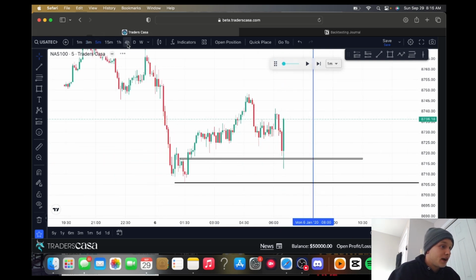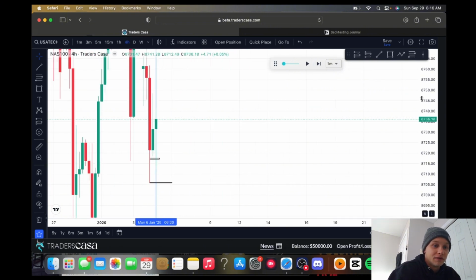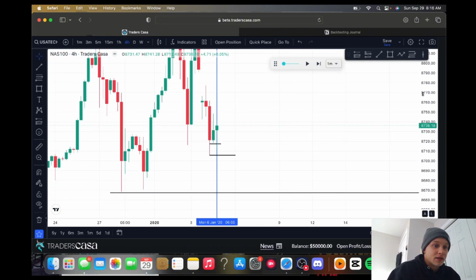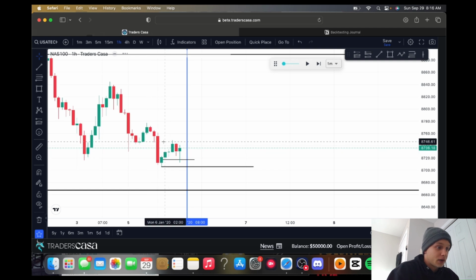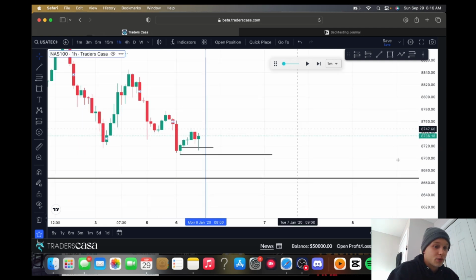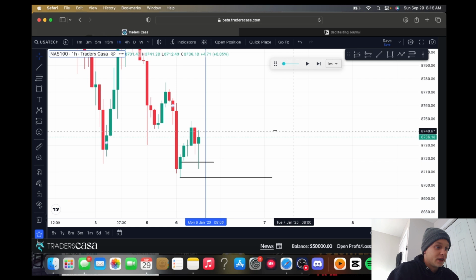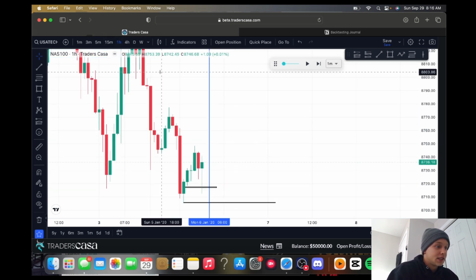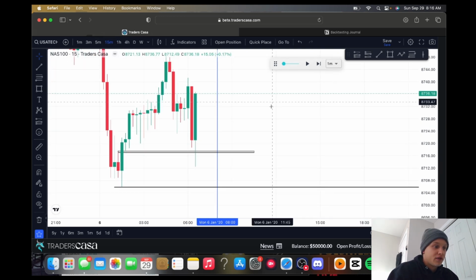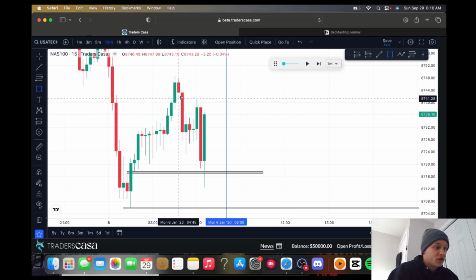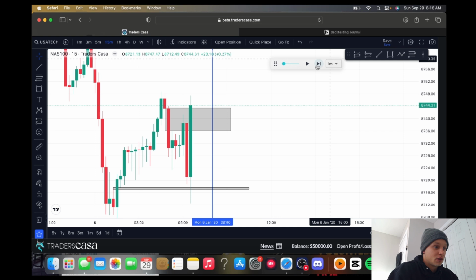What do I want to see now? I don't know. I'm actually a little clueless on what I want to see now. We're bearish, respecting that. We do have this hourly fair value gap that we are respecting, so we're kind of in the middle of a 50-50. Are we going to respect? What are we going to respect? What do we get disrespect? We do have this 15, so depending on how we respect this 15 is really going to tell me what's going on here.